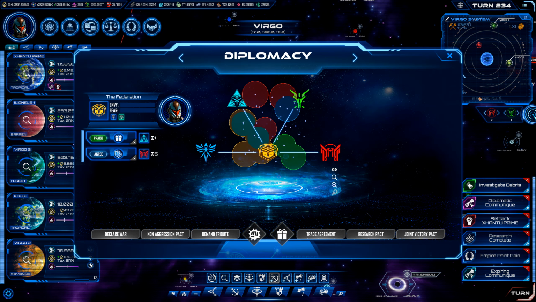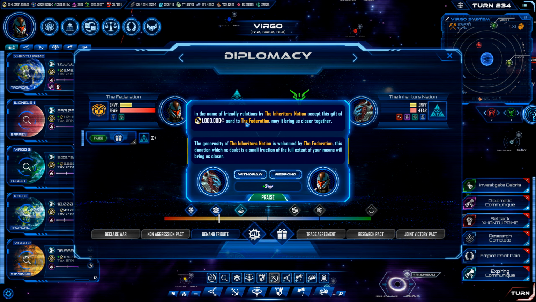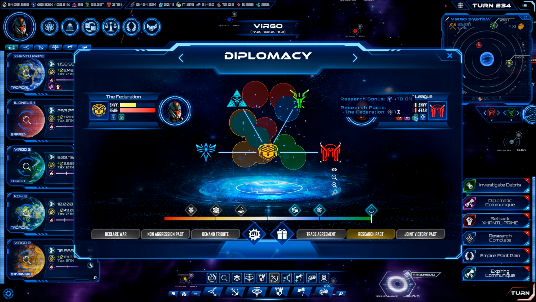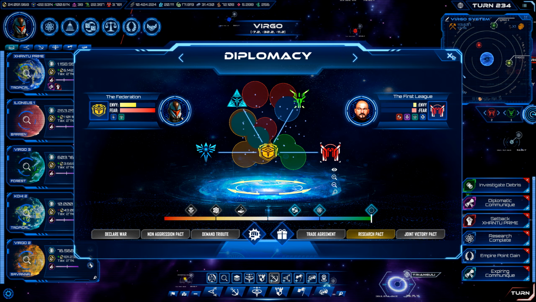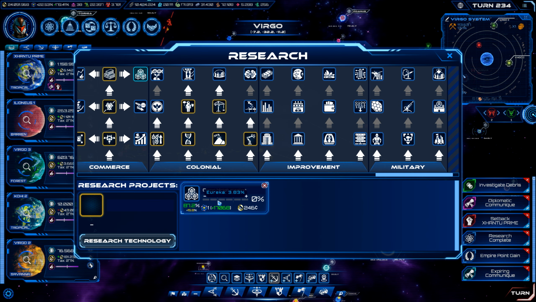But okay, we have a research pact. We will do the... Inheritors Nation praised us? Did they change their government type? Interesting. They're at war with somebody. I think they're at war with the First League. Okay, so it looks like that